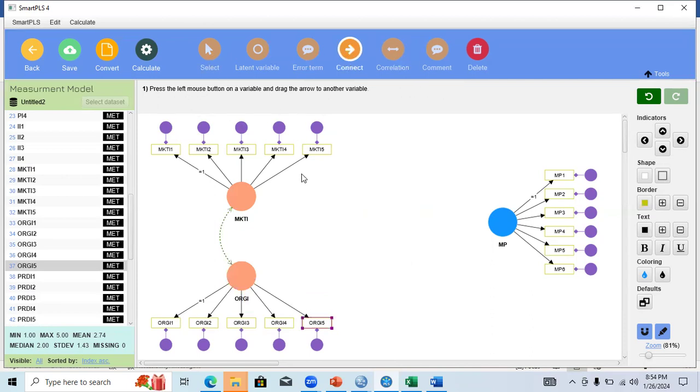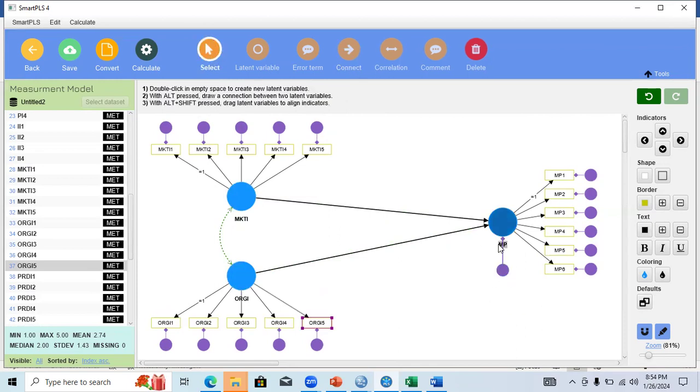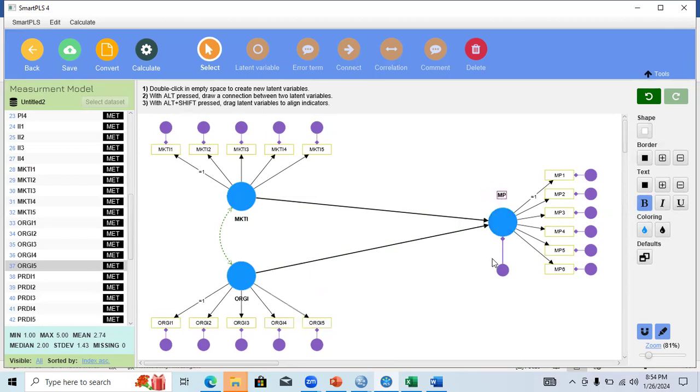to connect your independent variables with your dependent variable, and you can see there is an error indication that has appeared over here. So this is basically how a CBSEM responds when you create a model using CBSEM.